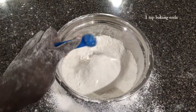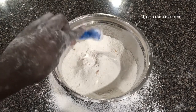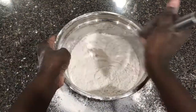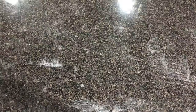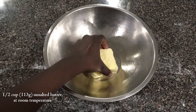To this, we are adding in 1 teaspoon of baking soda, 1 teaspoon of cream of tartar, and half a teaspoon of salt, and just whisk the dry ingredients together until fully combined. Set that aside for now, and to another large bowl, add in half a cup or 113 grams of unsalted